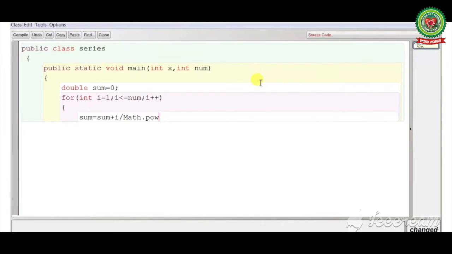So we have written math dot pow, round bracket start, x comma I. So x comma I means x raised to power I. Round bracket close, semicolon, enter, and again we will close this block.